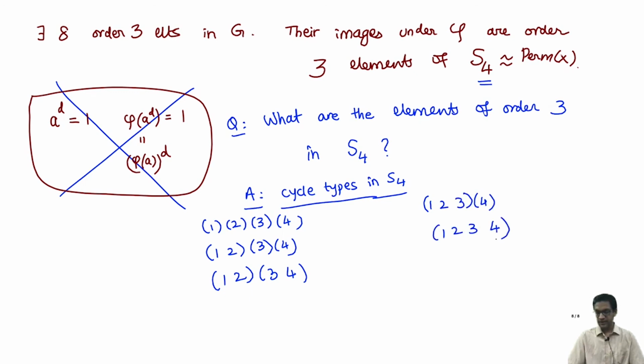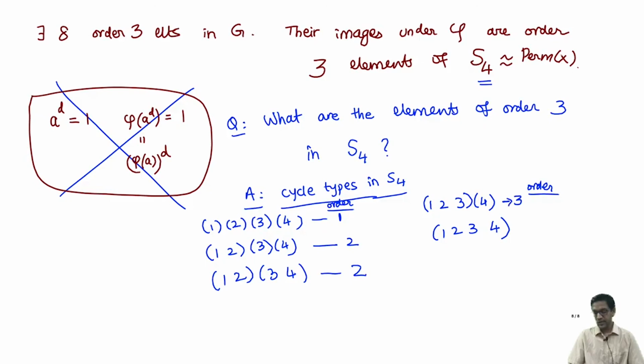So these are the 5 possible cycle types, and in each case it's very easy to see what the order of an element of that cycle type is. So let's tabulate the orders. If an element is identity, of course it has order 1. So this is order 1. This is a transposition. So if I square this element, I will get identity. This again is a product of 2 transpositions which commute with each other. Here again, if I square this element, I get the identity. Now in this case, here is a 3 cycle. So if I cube this element, I get the identity.